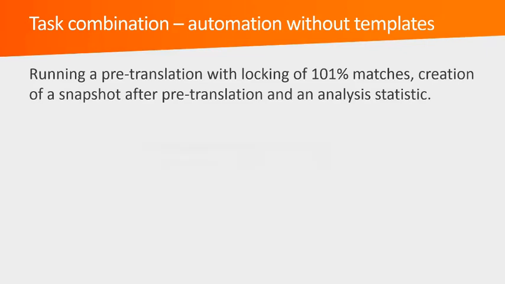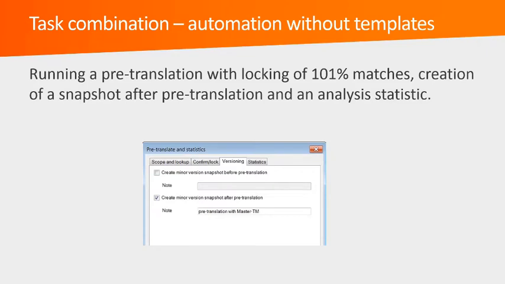And then I could still go on one step to versioning and say, well, I might want to keep the state of the translation document as it was after my pre-translation, because there might be a time when I find that something has happened to the file that was not okay, and I need to roll back. I need to have a point to go back to. That would be a snapshot. And with the pre-translation, you can create automatically such a snapshot. In the end, that allows you to compare versions against each other, the version after pre-translation against the version after the translation done by the translator, or to roll back to that point in time and then do something